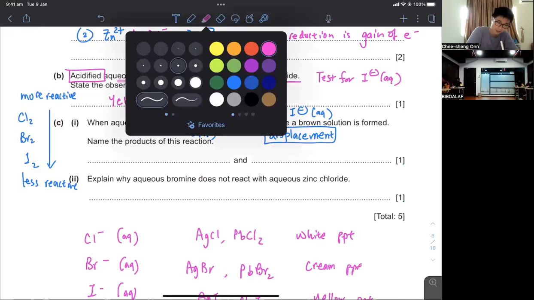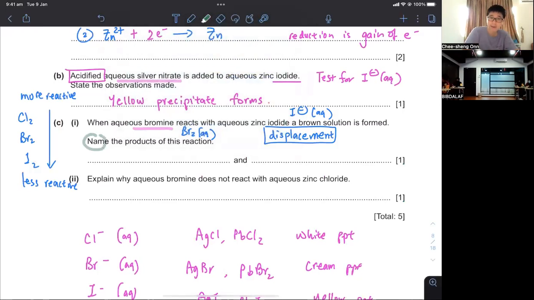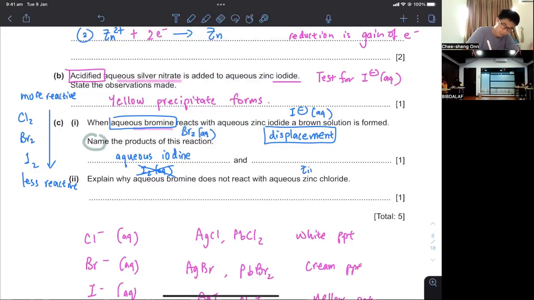What is tricky in this question is name. Name the products. Cannot give formula. Okay, the formula will be I2 aqueous. So that will be aqueous iodine. Follow the name of the reactant. I cannot put down I2 aqueous. Follow the name of the other thing, which will be aqueous zinc bromide. Because when I